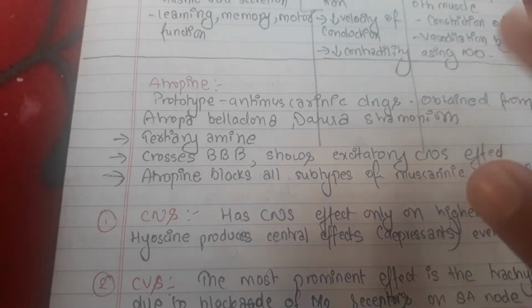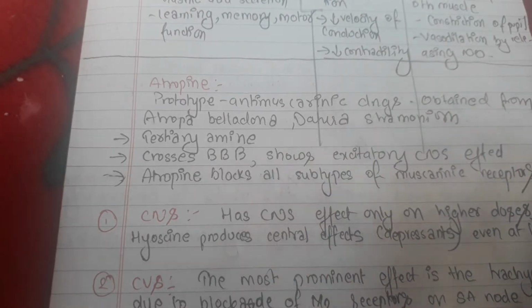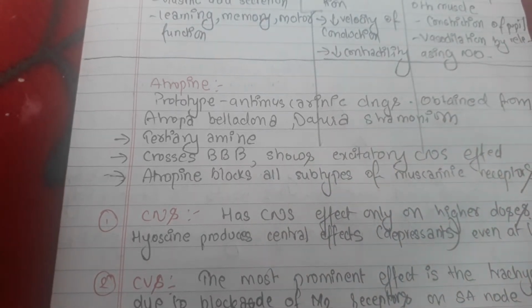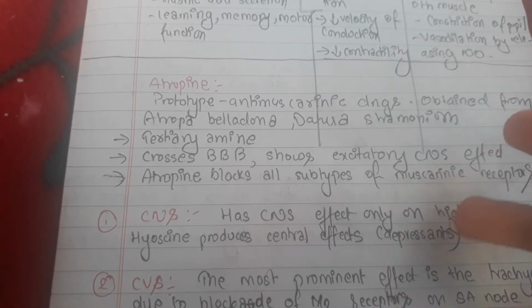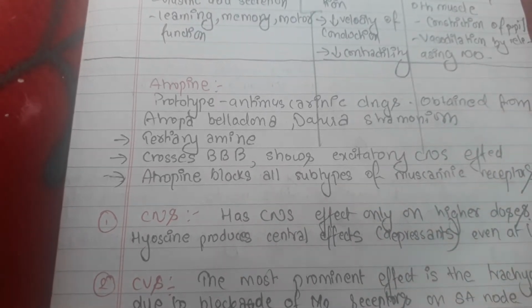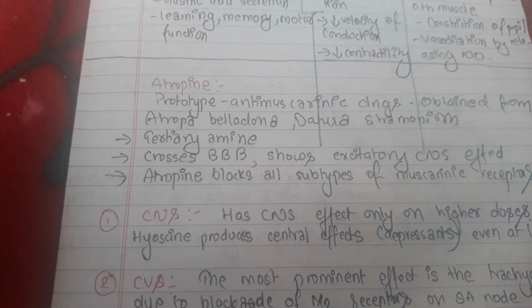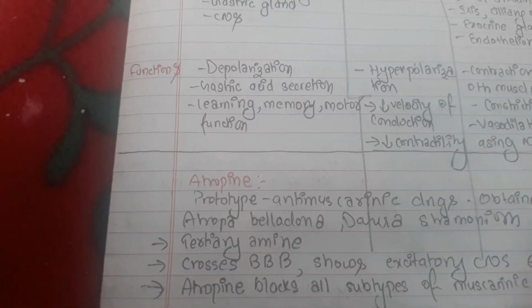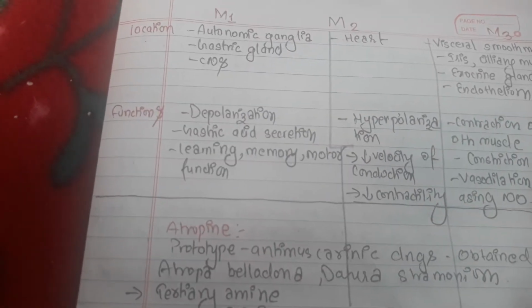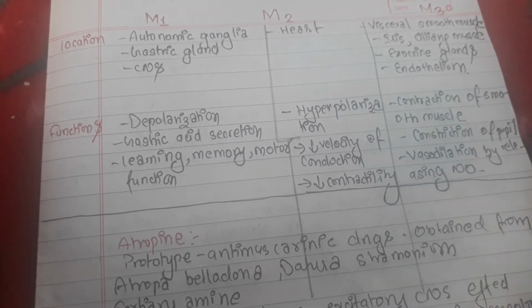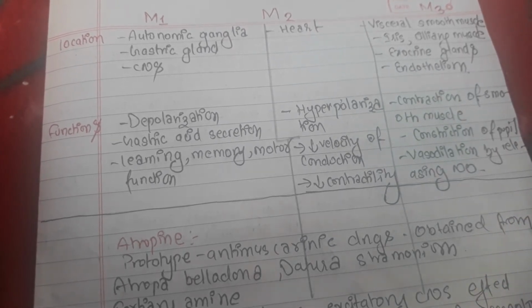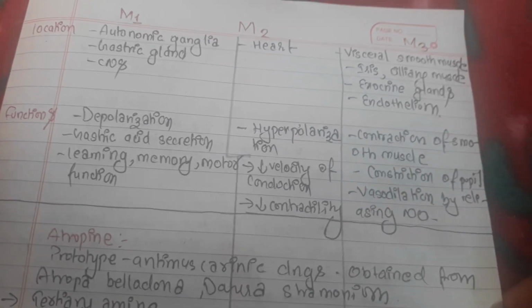So, the very important things that you should know about anticholinergic drugs are its classification first, then its uses and adverse effects, and also atropine poisoning and treatment. These are the important topics about which you should have knowledge. So before going to the antimuscarinic drugs, let us first understand what are the things that the